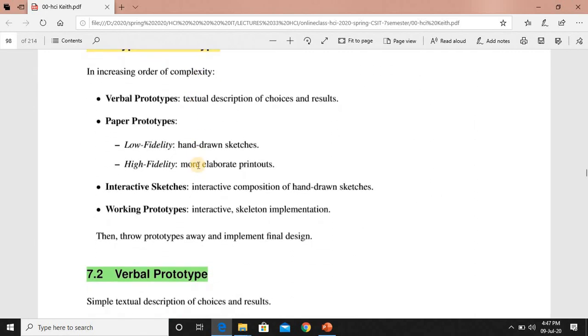Here we have the four types: verbal prototypes, paper prototypes, interactive sketches, and working prototypes. We discussed all types with examples. So inshallah, we will discuss the prototype in detail. Thank you very much. Allah Hafiz.